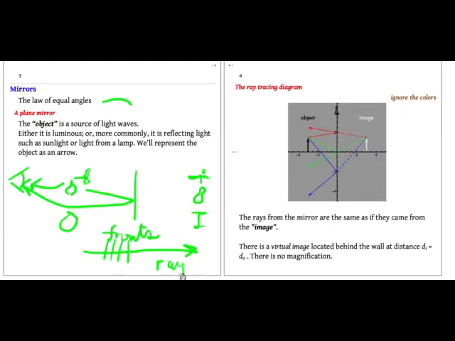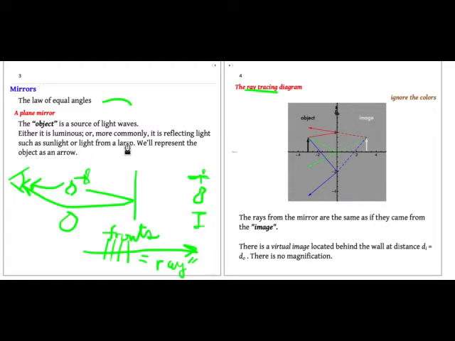And we'll be concerned mainly with the ray, because what we're studying here is the direction of motion of the incident light and the reflected light. And so for that direction of motion, all we need is their rays. And so the way we analyze reflection in a mirror is called ray tracing. So we'll represent the object as a source of light waves. These could either be produced by the object itself, for example, in a lamp, or more commonly, it could be reflected light, such as sunlight or light from a lamp,